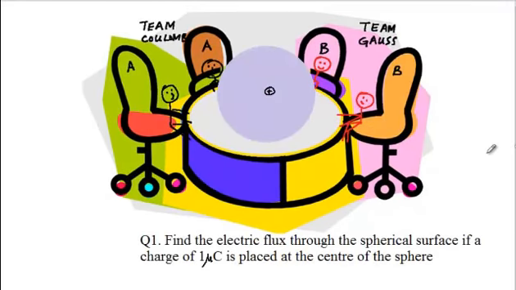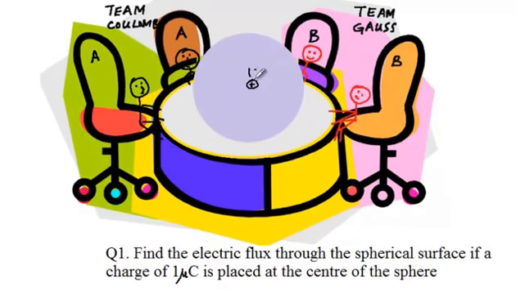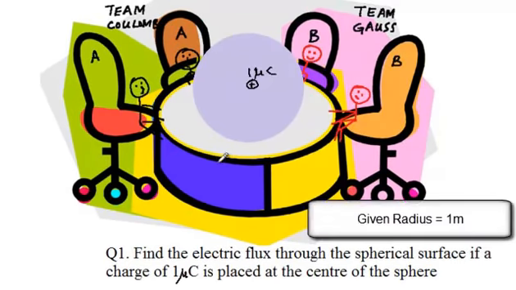Now the first question is to find the electric flux through this spherical surface if a charge of 1 microcoulomb is placed at the center of the sphere. If you're solving this, you can pause the lesson and think. Let me see how Team Coulomb is solving this